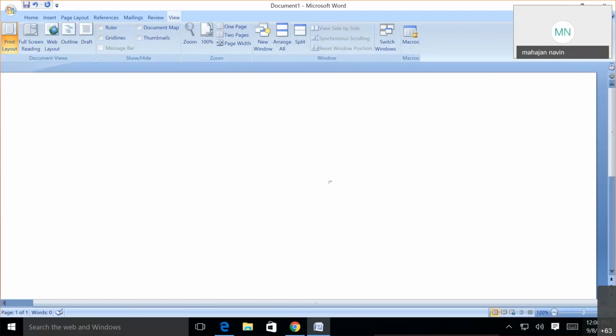Suppose we'll take a simple example. Suppose I have only 1, 2, 3, 4 elements. Front is pointing here and rear is pointing here. You remove the first element, what will happen? Two should come here.